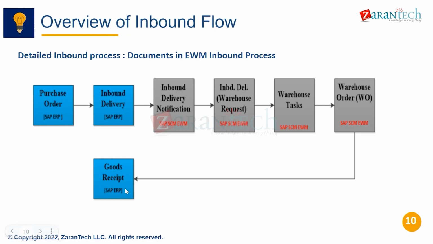The availability group will be assigned to your stock type, and the stock type will be assigned to the particular availability group, and for the goods receipt storage type it will be the restricted stock type. So automatically the system will do the stock type mapping between the EWM and the ERP system. The stock type for the received on dock storage location is the restricted stock type, which means that stock is not yet